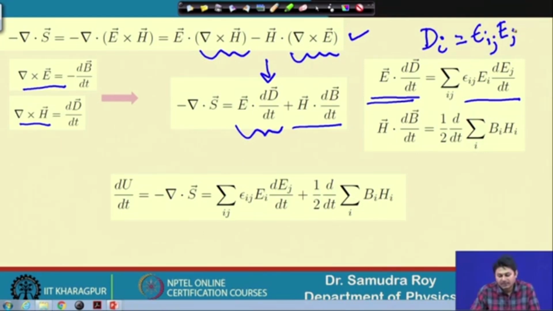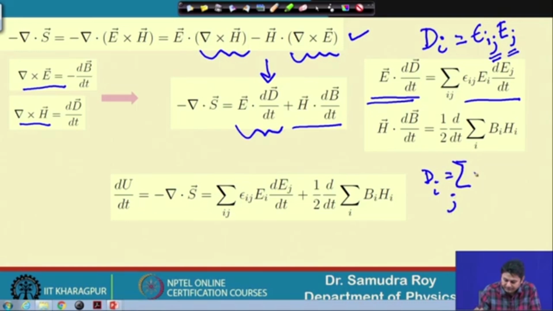By the way, one thing I should mention here is that this notation is called Einstein notation. When we have a repetitive index, here in this case the repetitive index is j, that means there is a summation associated with that. So, sometimes we write this same expression this way,